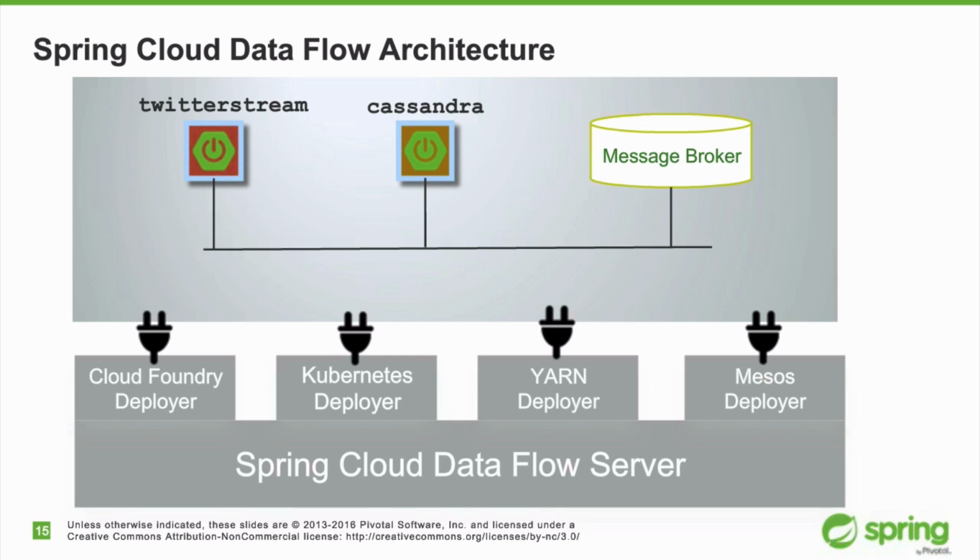Cloud Foundry has a managed message broker, Rabbit, and we would deploy 2 applications if a stream consisted of Twitter stream, pipe, Cassandra. What's important, though, is that we can rely on the platform to keep these 2 applications up and running, specify their resources, and